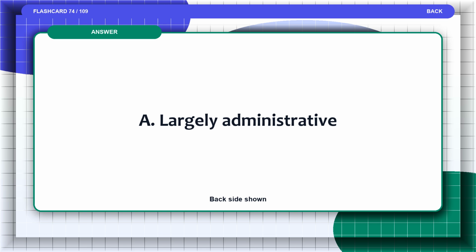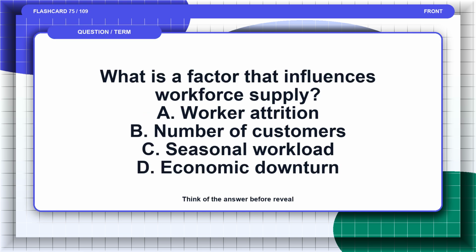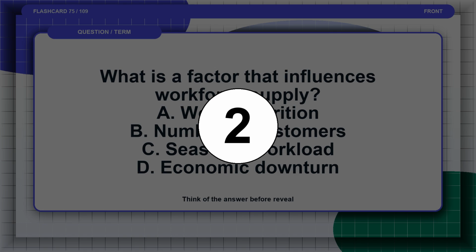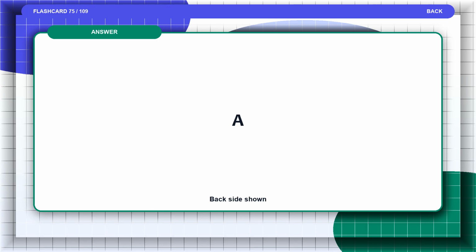The answer is A, largely administrative. Flashcard 75. What is a factor that influences workforce supply? A. Worker attrition. B. Number of customers. C. Seasonal workload. D. Economic downturn. Pause and think of the answer before the reveal. The answer is